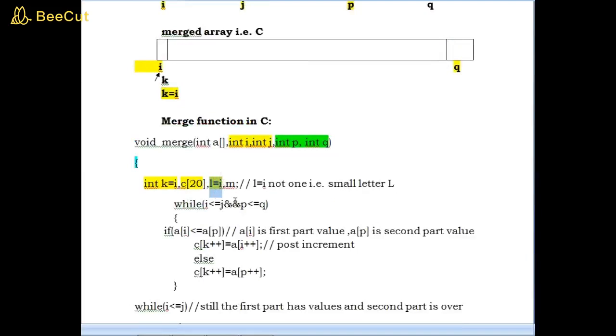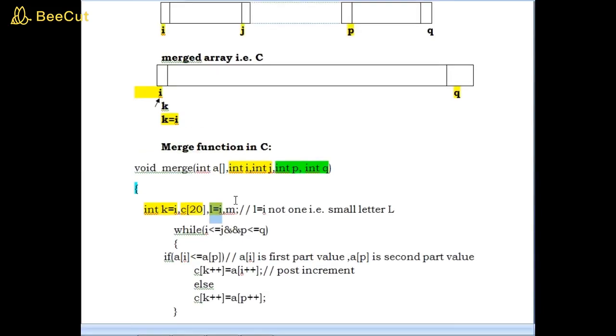The reason is that during the merge operation we have to compare all the values of the first part from i to j, so the i position should be incremented, that's why i is changing. So initially I am storing it in another variable called l and another variable called k, to preserve the original starting index of the merged part.